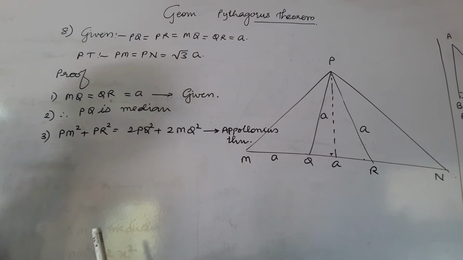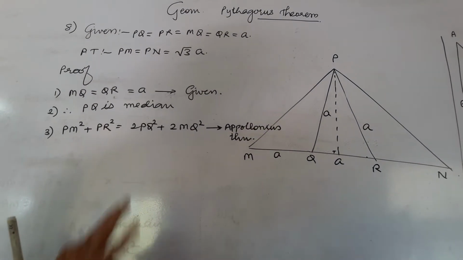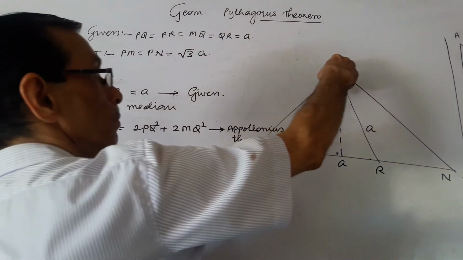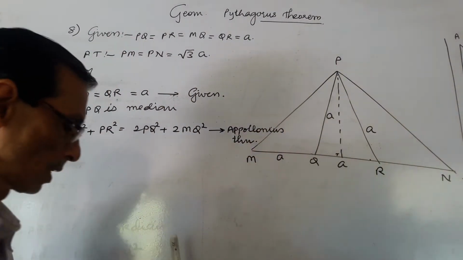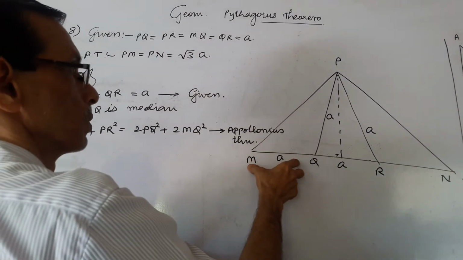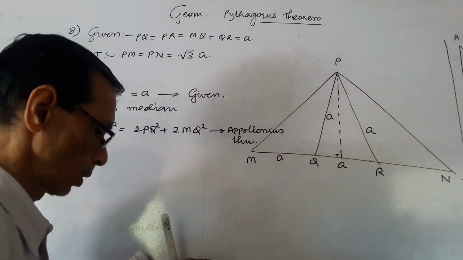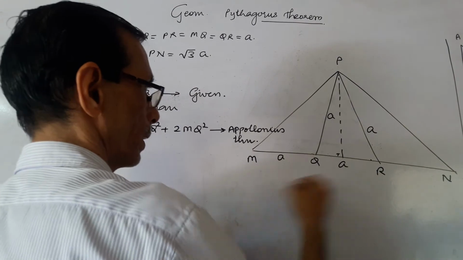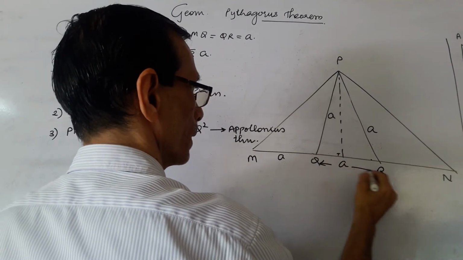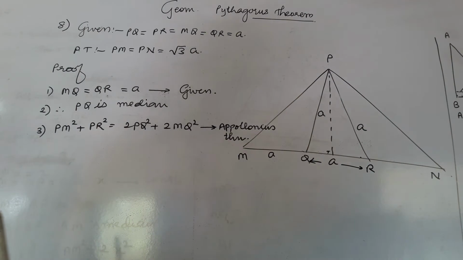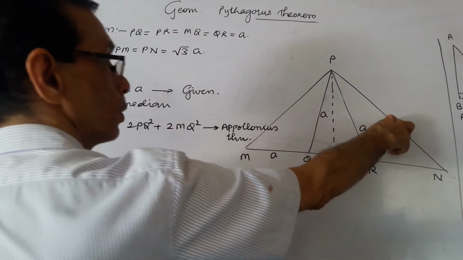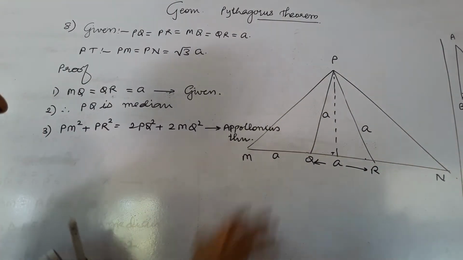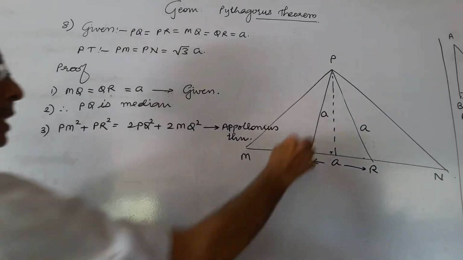Okay, now let us take the sum. In this sum, they have given the diagram and all the information is supplied in the diagram. According to the diagram, triangle PMN is given. And here they are shown that MQ equal to A, PQ equal to A, PR also equal to A, and QR also A. All are given A. And what we have to prove? We have to prove that PM equal to PN equal to root 3A. We have to express PM and PN in terms of A.